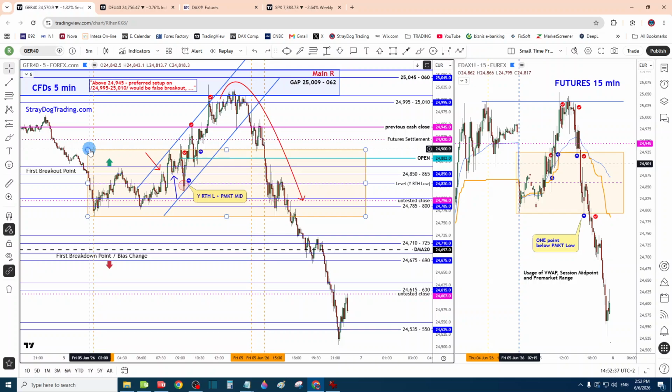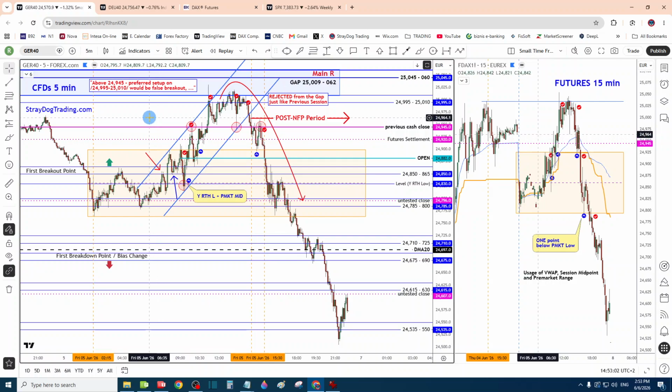Markets roll down like previous session again from the gap where it was rejected, just like previous session, and then they went down, bounced from the pre-market high, and then observe just how many reactions there were from the previous cash close. So this one obviously could be used as a sell setup, and then to observe the post-NFP period, because every single time when we have NFP report or CPI, there is going to be the same line in the material that session can be divided to pre-NFP period and post-NFP period, and in the pre-NFP period, there can be